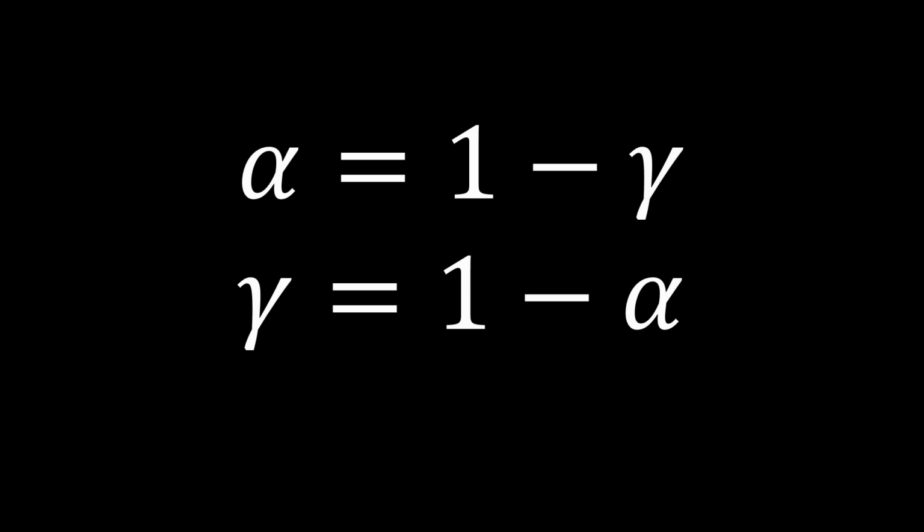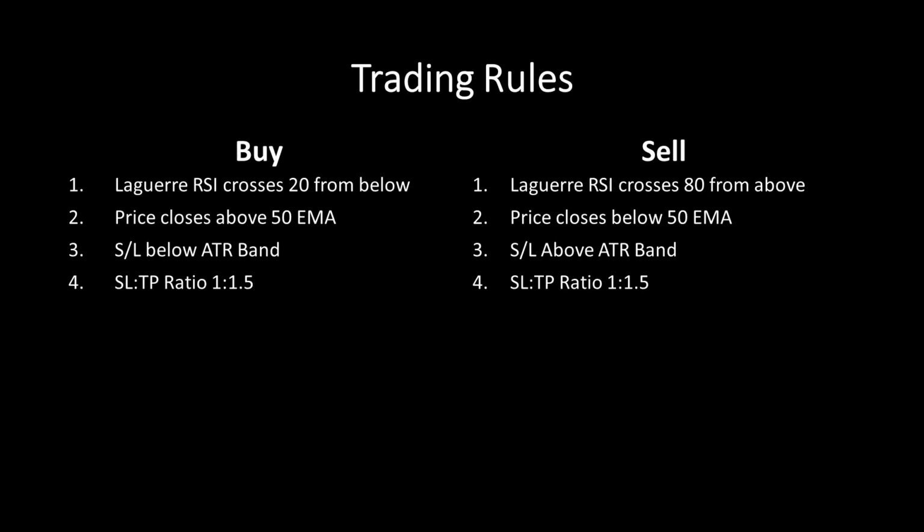And gamma and alpha are simply multiplying factors that are used inside the formula. You can review the trading rules on the original video, and as I said, there is a link in the description where you can find that video, but I've summarized the rules here. We buy when the Laguerre RSI crosses the 20 line from below, if the price closes above the 50 EMA,